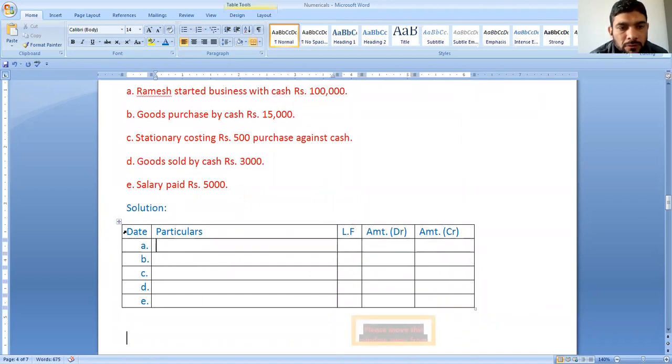The first one is date, then particular, then ledger folio, then amount debit and amount credit. First transaction we are having over here as Ramesh started business with cash rupees 1 lakh. So it says that cash has been arrived to the business. So if cash has arrived to the business then it will be debited. Cash account will be debited